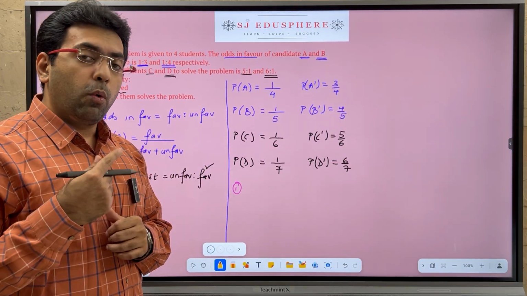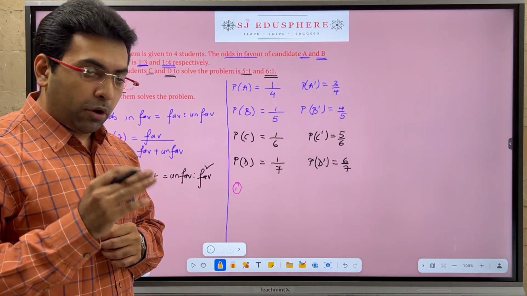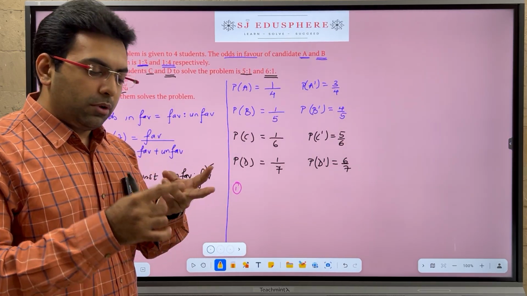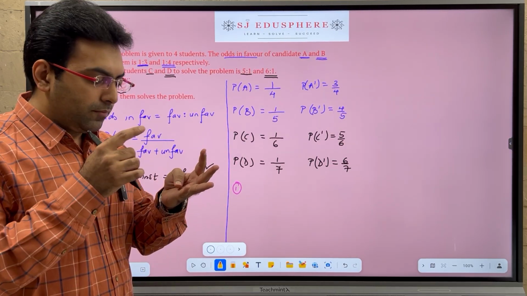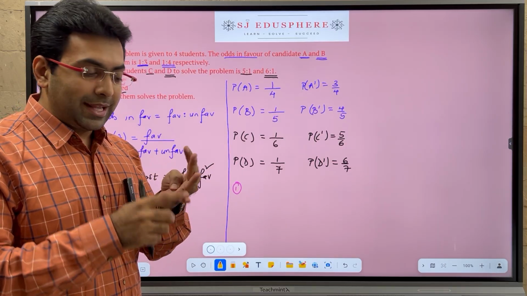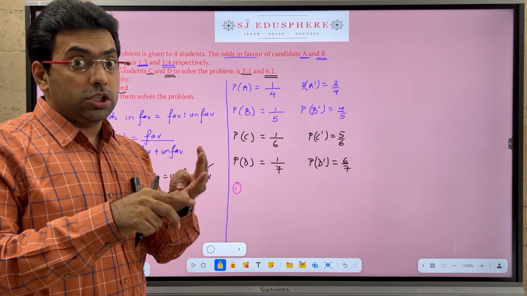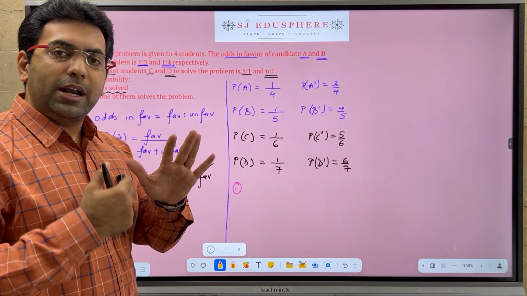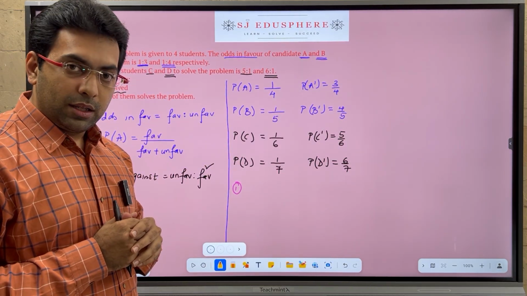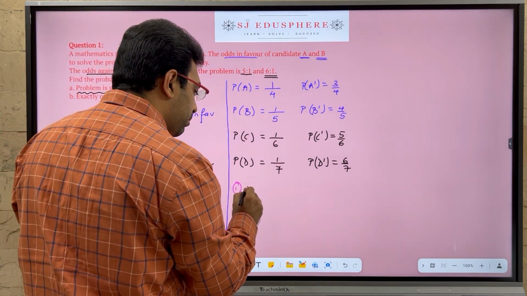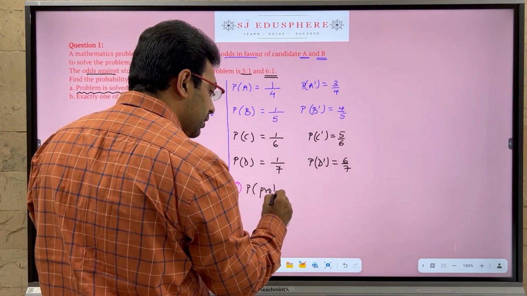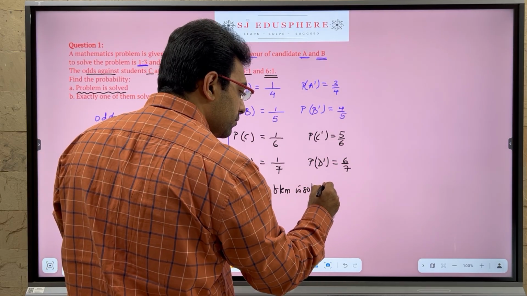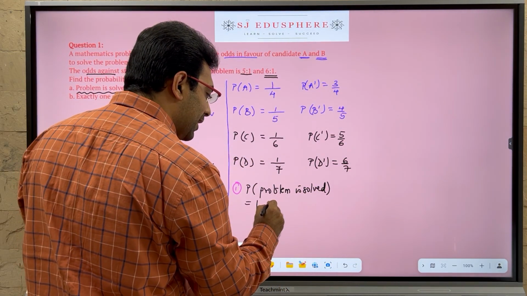Pause. What can actually happen? The possibility is one person solves the problem, or two persons solve the problem, or three people solve the problem, or four people solve the problem. That means the problem is solved. There is also one more possibility of no one solving the problem. So do I always know my total probability is 1? So hence I say probability that the problem is solved is 1 minus probability